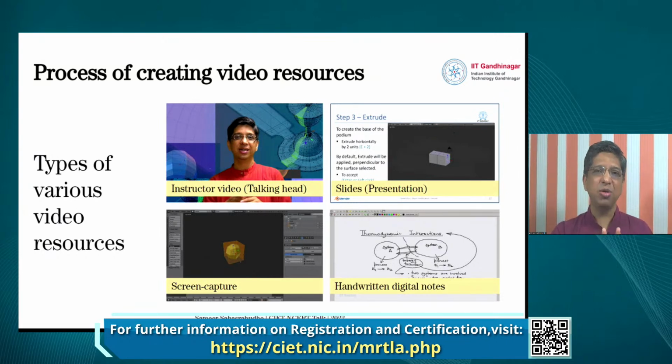When I'm talking about a certain software, I'm teaching something, or I have to show something from some website, I would just share the screen directly. Like Tanvi did in the beginning, when she wanted to show you how to register for the course, that was the screen capture mode. And finally, there are people who would use handwritten notes when they have to explain something which is not typed, or they want to draw it and evolve it step by step when explaining things.